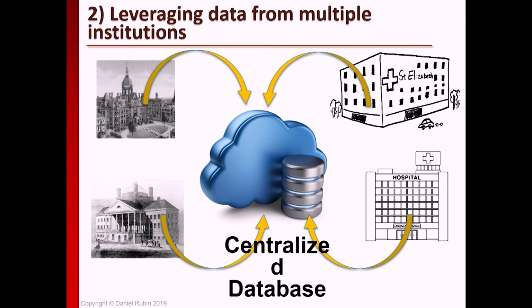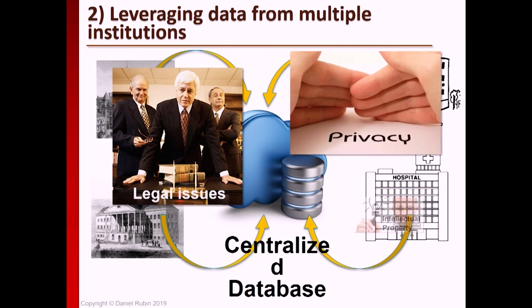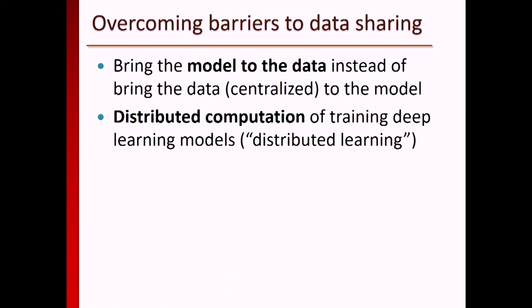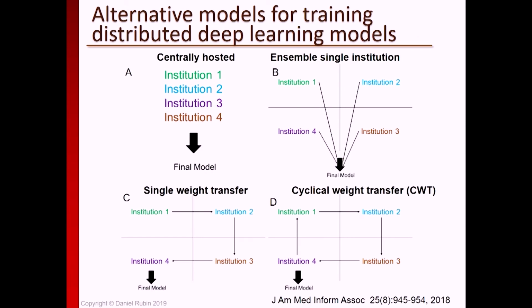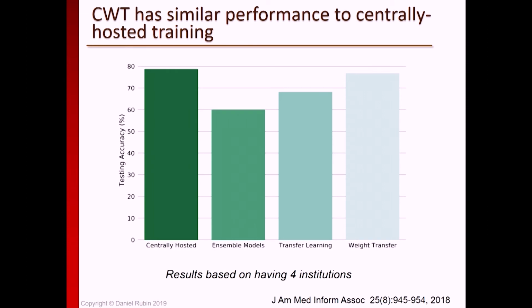Another challenge is, how do we leverage data from many institutions? Institutions don't share data for many reasons. And so a paradigm of federated learning is emerging, where instead of bringing the data to the model, send the model out to the data. And so we've been developing methods for distributing the computation of federated learning paradigms to train these models in a distributed way. And this was a recent paper that we published where we compared different methods of doing the federated learning,